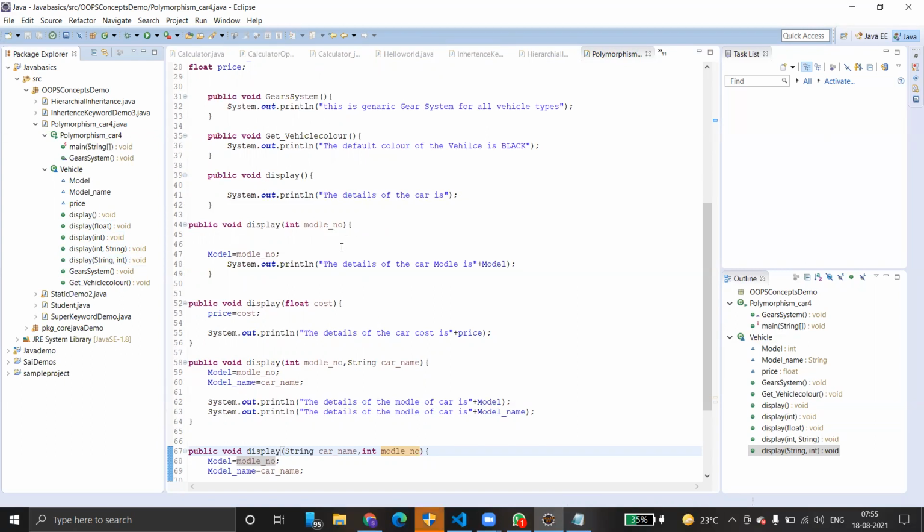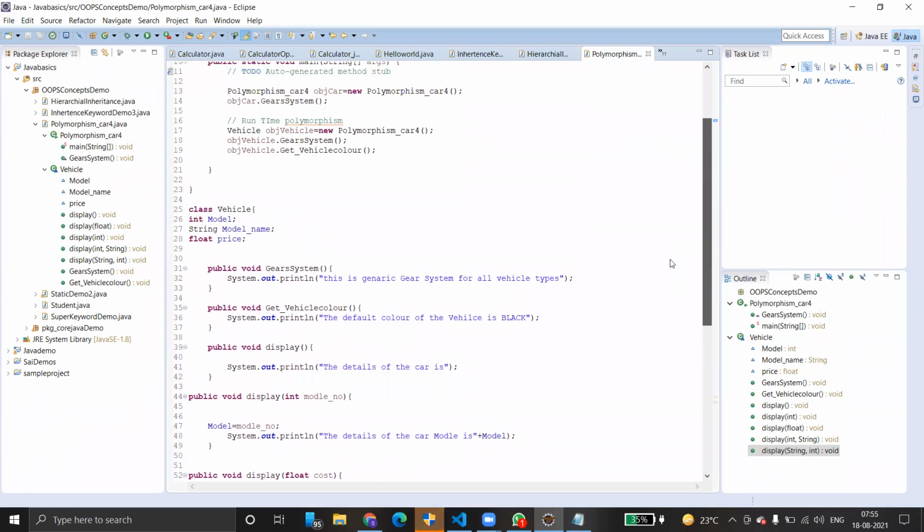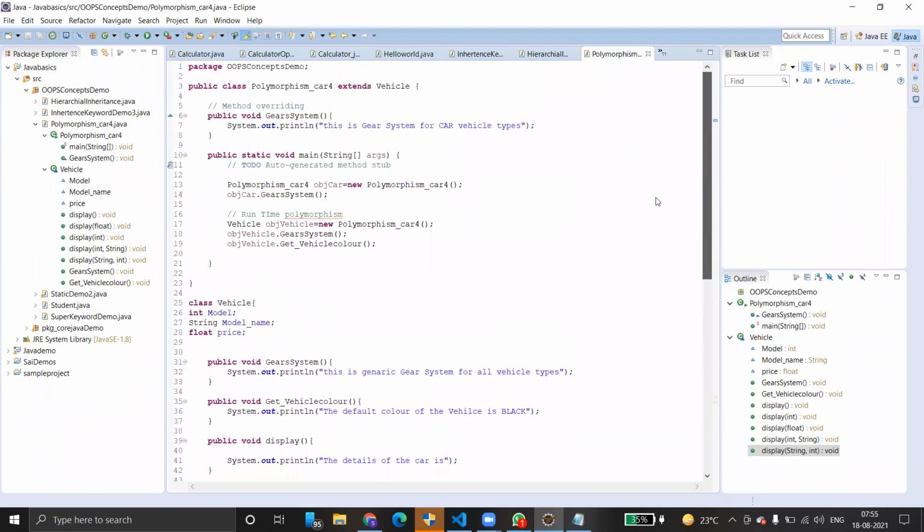So basically, this is nothing but compile time polymorphism. That means syntactically it will check, and then it invokes which method needs to be executed. In this class we can call these methods whenever it requires. We have vehicle, right? I just want to call these methods. How do you call these methods? Basically, tell me. How do you call?